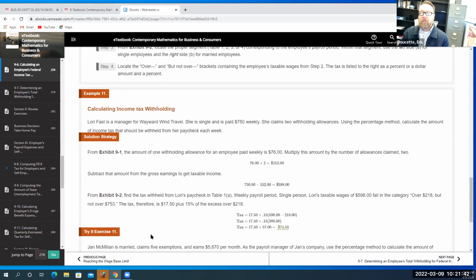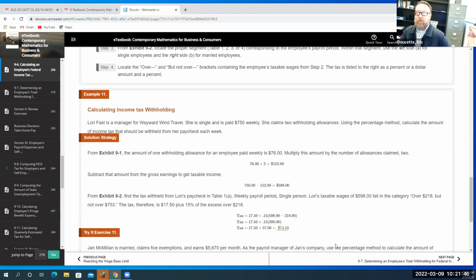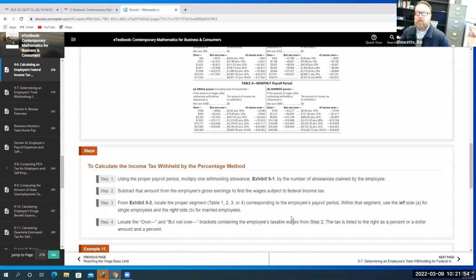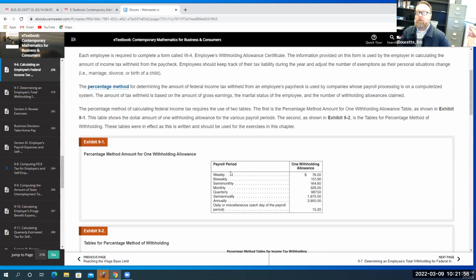Okay. So before I look at it, let's go up to the top table, right? So she has 5 withholdings, and she's married, and she gets paid monthly. All right. So let's go up to the top. We're going to go to the first table first. Again, it doesn't really care in this table whether she's married. It just says that she gets paid monthly, right? And she has 5 withholdings.